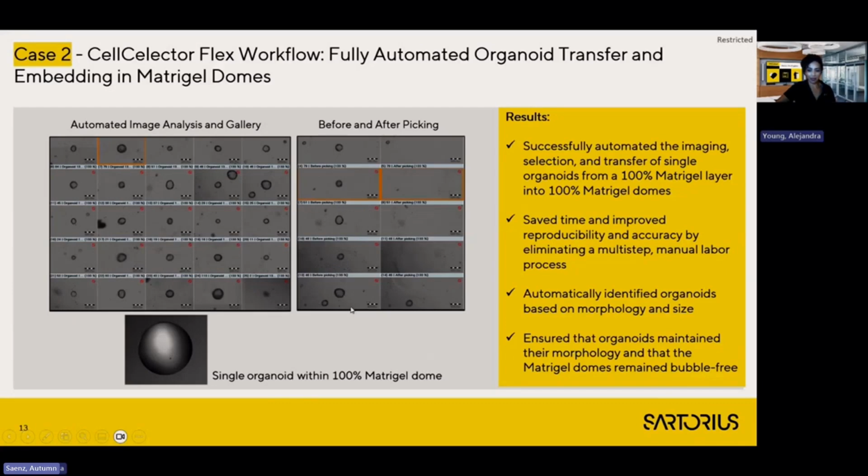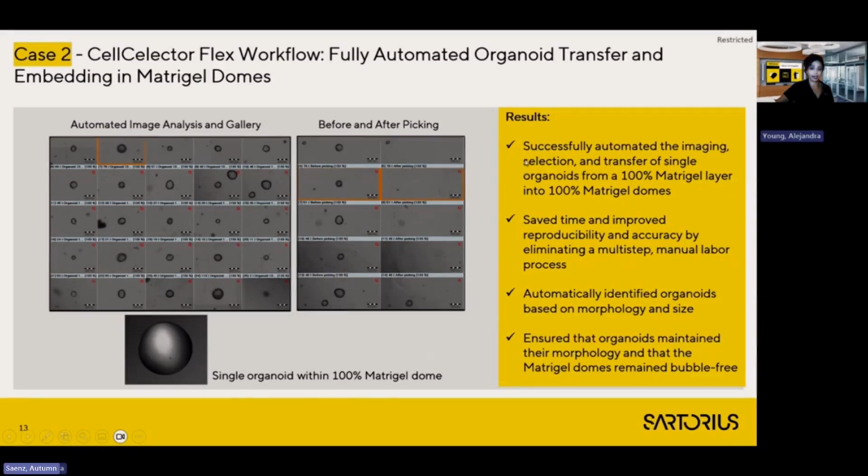You can see in the last before and after image how precise the cell selector can be, picking the large organoid without disturbing the small one next to it. On the bottom, I just wanted to show you the droplet, the dome containing the organoid, free of bubbles, so a very beautiful transfer here.